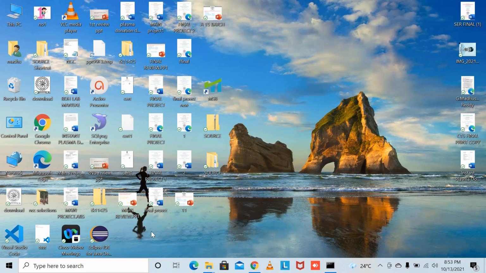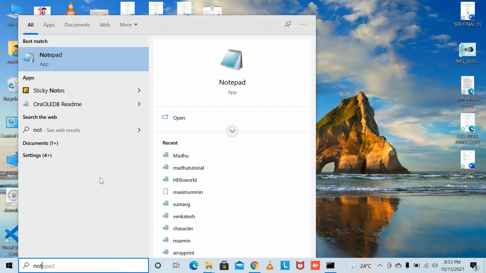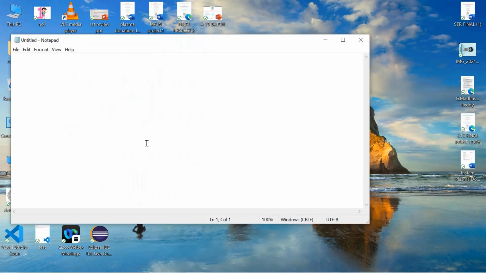That's a basic hello world program we can do. For that you can open Notepad. In that you have to create one program. Class, give any file name. I am giving Madhu as my file name. After that, whenever you have to run the program, the main method is a must. That is public static void main(String[] args).